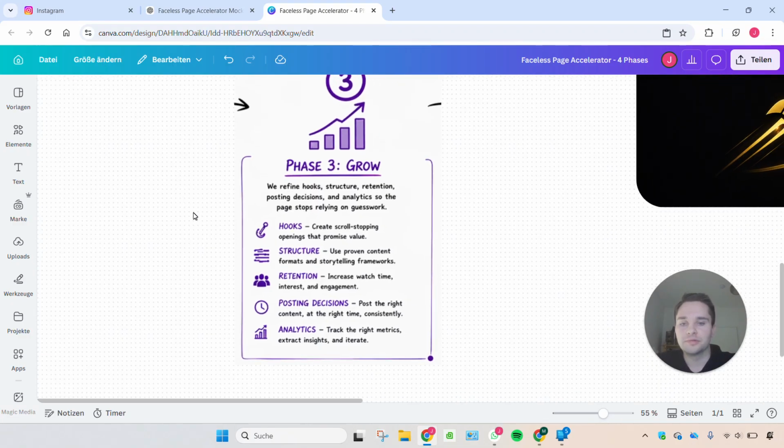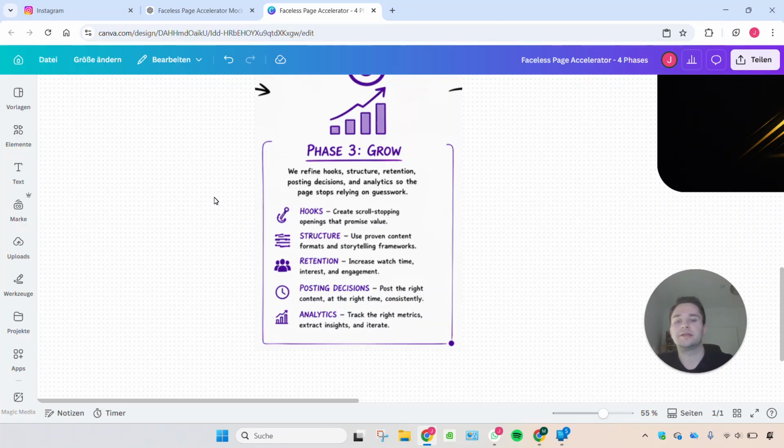First things are hooks. So you need to create scroll stopping openings that promise the value. And especially nowadays, it is very important that you create scroll stopping hooks that keep the customer's attention, or even the attention of the consumer on social media and Instagram in general, because